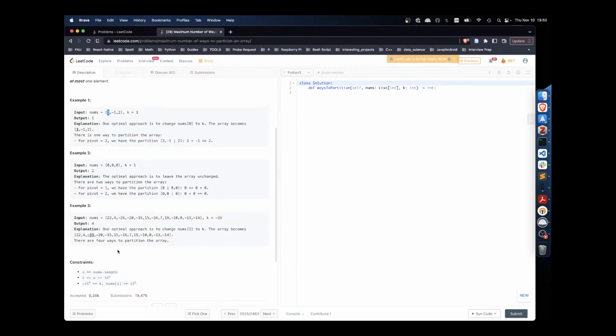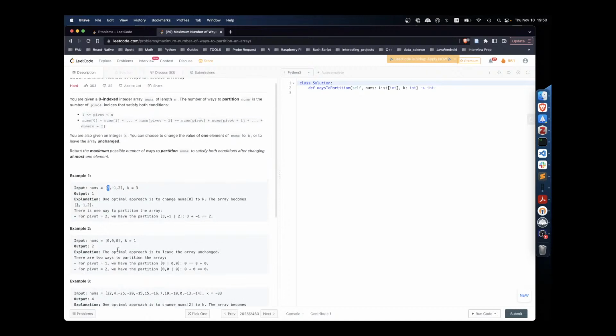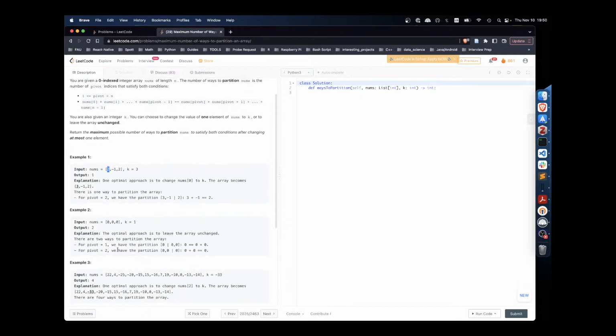But there are 4 ways to partition it. Okay, so what we want is the maximum number, dp, yeah. So it's a dp problem. We just need to find the conditions that can lead us to the correct answer. So we have an array, right? And we want to know the partition, which means what we can build is